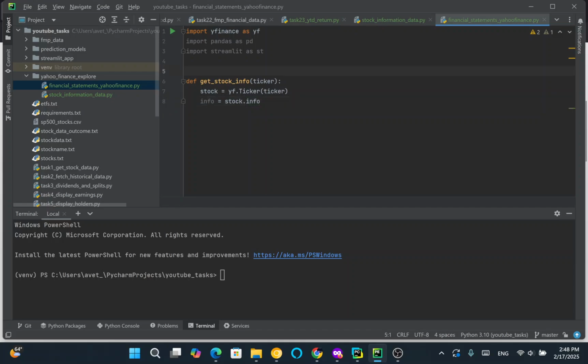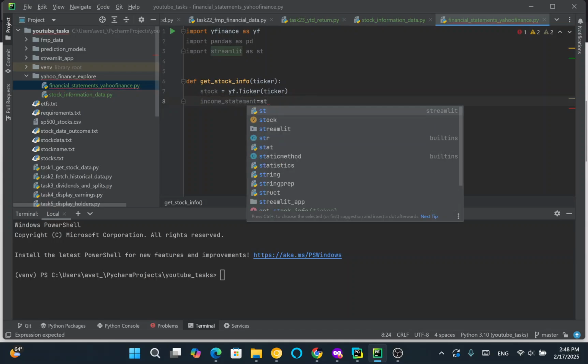Here we are not going to show the stock info section, so let's remove this. The income statement is stock